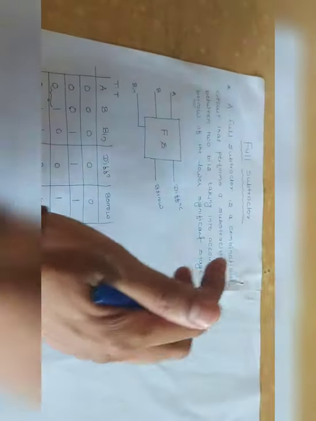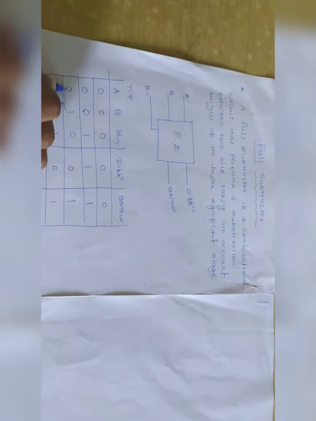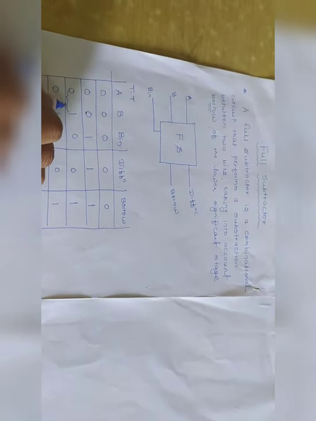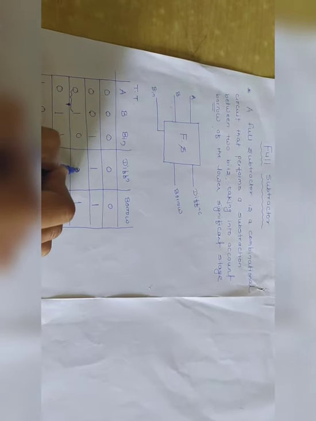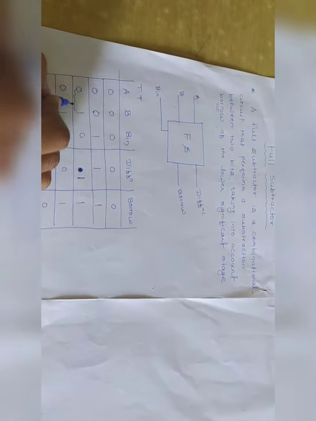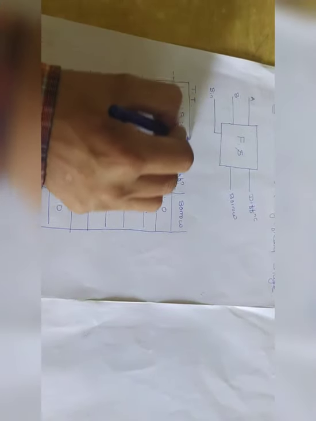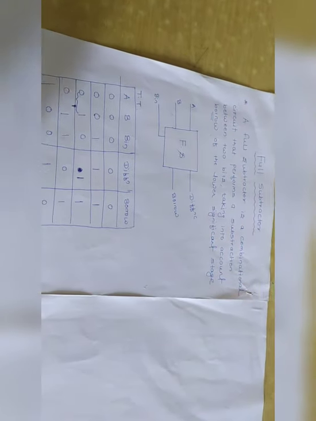Full subtractor, right? Now here 0 minus 1 is 1, sorry. So here it is 1. Okay. So here is 1, 1 minus 0, double 1, 0, 1, double 0, 1. Okay. Now this is the truth table. This is the truth table for what? For full subtractor, right? Now I have to find now just these two are the outputs.